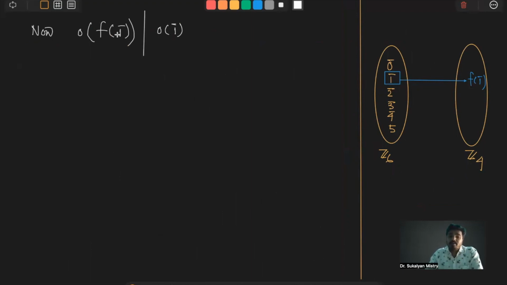So the order of f of 1 bar should divide the order of 1 bar. This is the first property of homomorphism. It is a very, very important property: the order of the image should divide the order of the pre-image. Also, now we apply